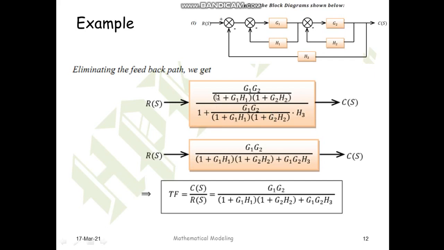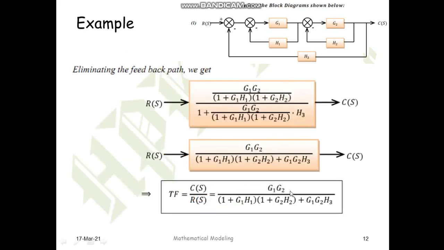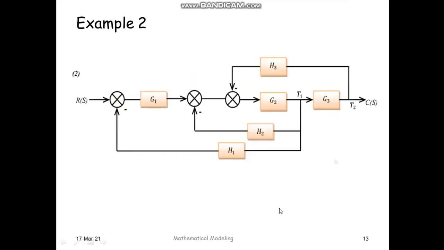H3. Even if you write this answer and keep it as it is, then also you will get full marks. If you don't make it in the simplified form, no problem. It is important to get this term correctly. Its simplification is just a mathematical operation that can be performed by anybody. So this step will be considered as the last step of the block diagram reduction. So the transfer function for this particular numerical is considered to be this term which has been simplified. So now let us go to the second example.